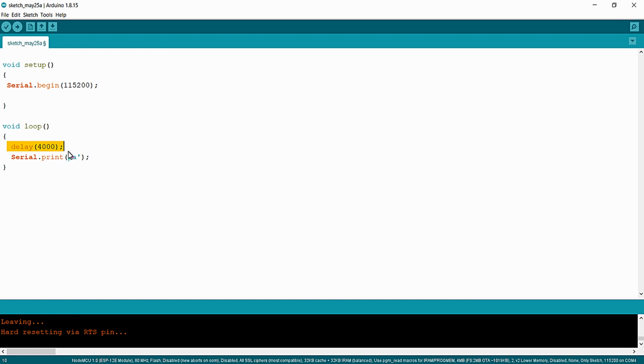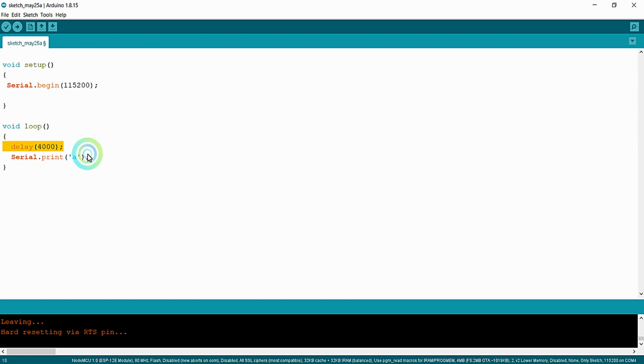Right after entering here, the program will wait for 4 seconds, that is 4000 milliseconds, and after 4 seconds it will print the data, or transmit the character A through its UART port. Since this is the last line of the void loop, after executing this, the control comes back to the first line of the program, and here again it waits for 4 seconds, and again A is transmitted.